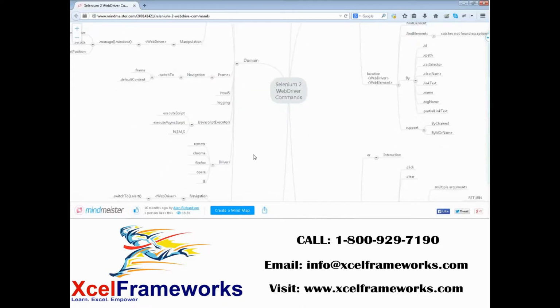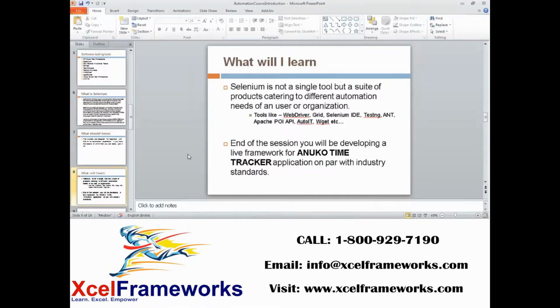Each and every thing that I'm going to show on the screen, we're going to write a script for that. Let's say how to handle frames, how to handle Chrome, and how to run my scripts on Chrome or Firefox or Opera or whatever. We are going to go into detail, and you're going to see exactly how to automate.